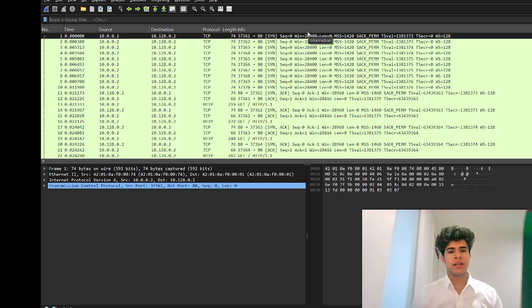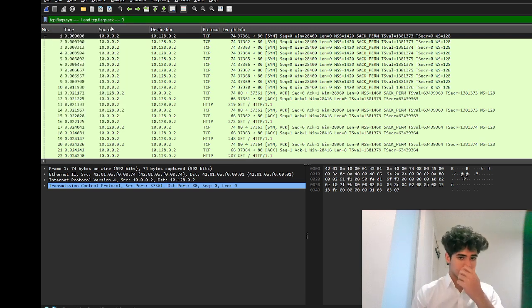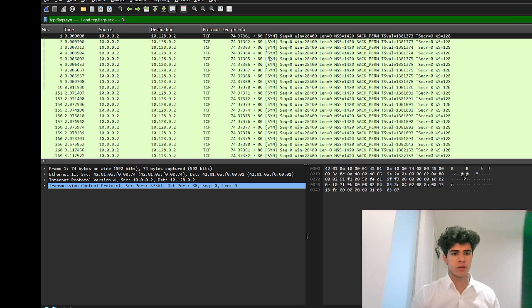So for our second attack, I'm going to use this filter. This filter shows the TCP SYN packets without the ACK, which means a three-way handshake is never completed. In this case, the same source IP sends many SYN packets to the destination IP. There are no responses with ACK, which confirms that the attacker is creating half-open connections to exhaust the server's resources. Now we can move on to our third attack,